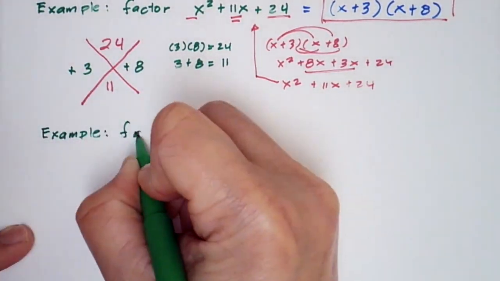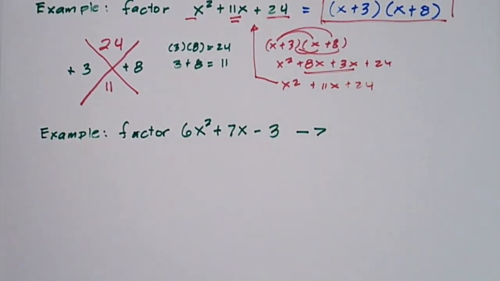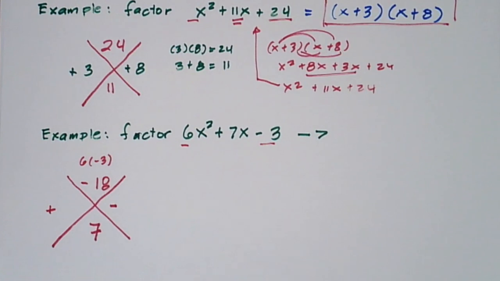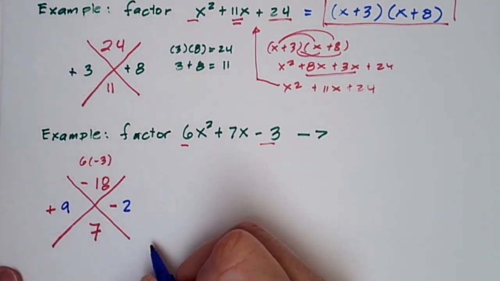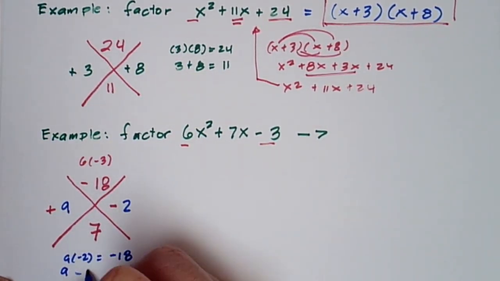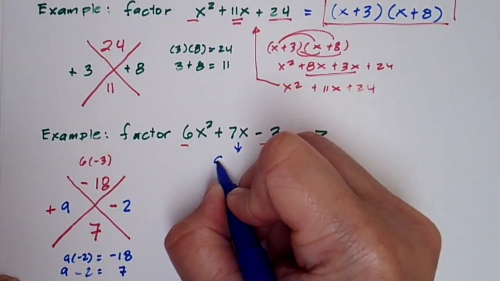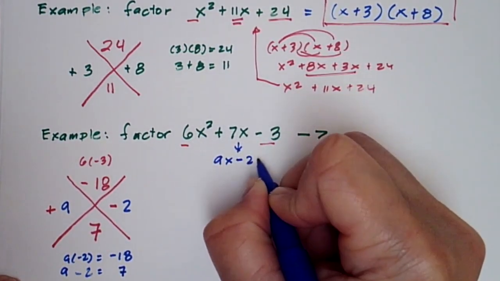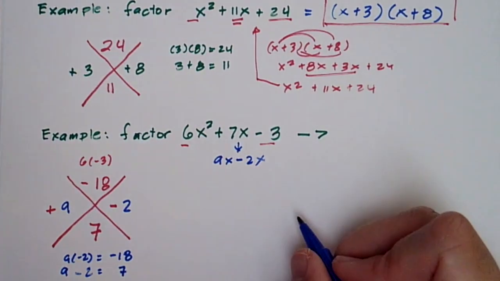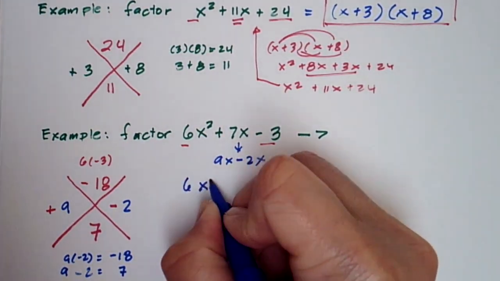Now how about 6x squared plus 7x minus 3? In this case, we are going to multiply 6 and negative 3, and that would be the factors that we're going to be looking for that would equal 7 when we add them up. And for this case, we're going to change our middle term from 7x into 9x minus 2x,